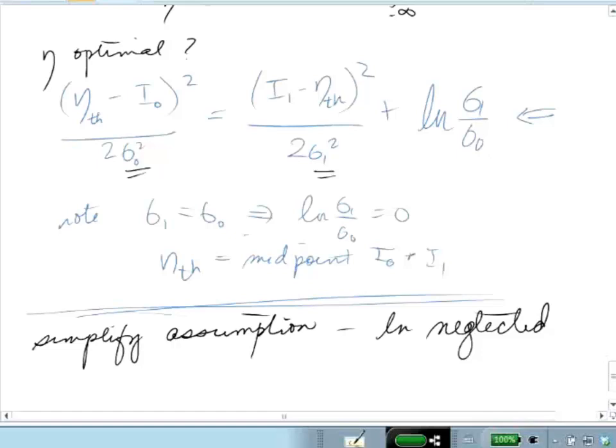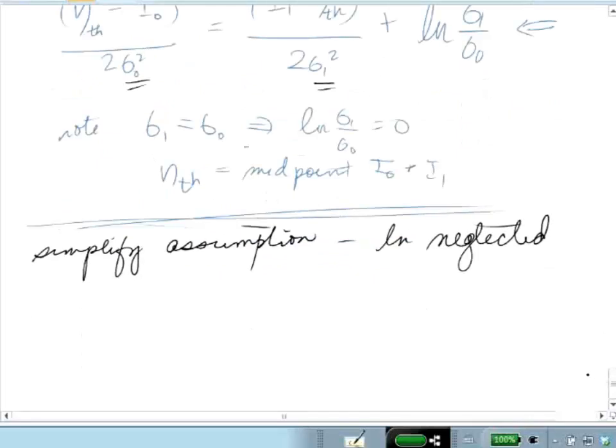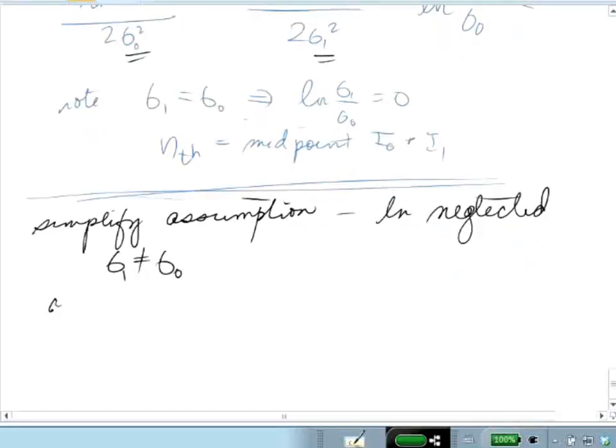So we're still going to neglect the logarithm, won't be 0, but we're going to keep sigma 1 not equal to sigma 0. And given that the logarithm is a very slowly growing function, this is a good approximation. So we'll say the quasi optimal threshold in this case